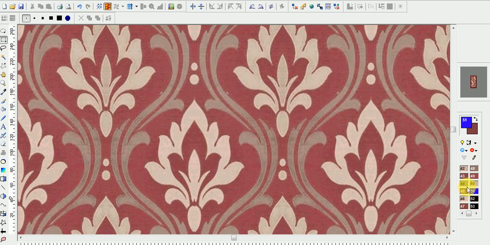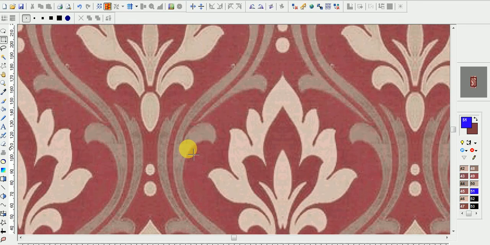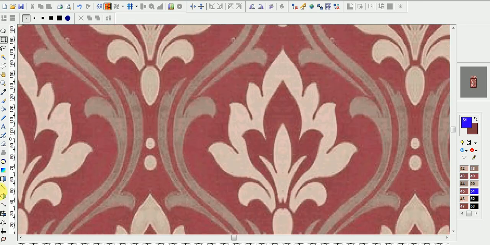Now I am editing this file, this center motif. Then I will fill the color with a single click. How can you click that? You can see.